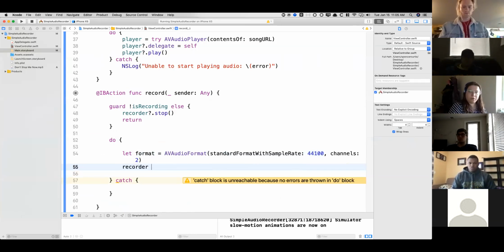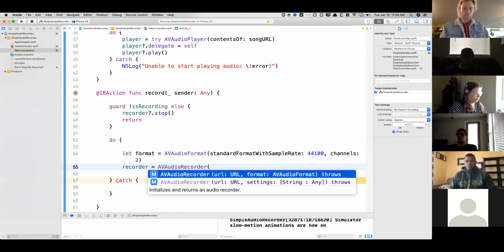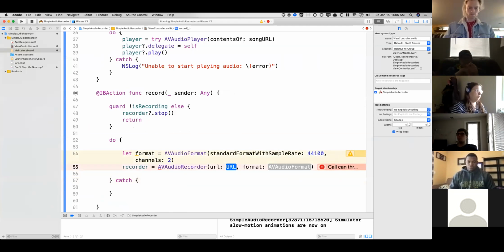And then we can say recorder equals AVAudioRecorder. And we're going to run into a problem, which is we don't have a URL. So now this will lead us into our next topic here,